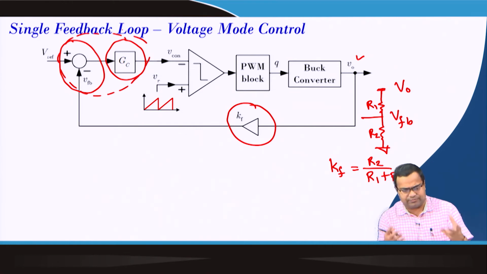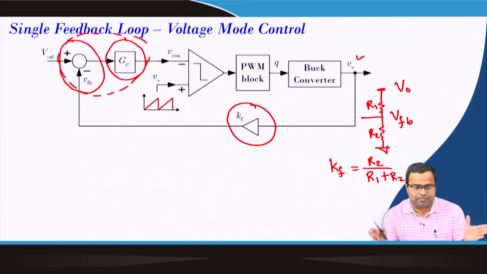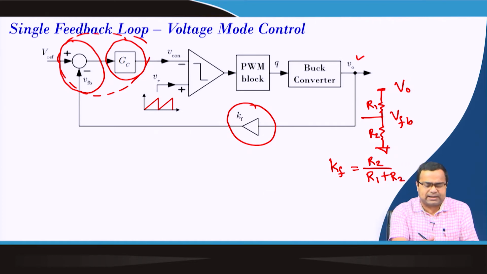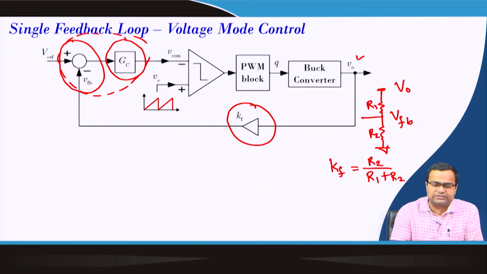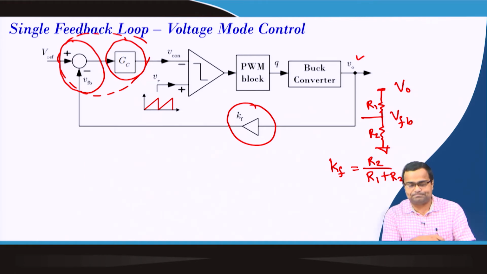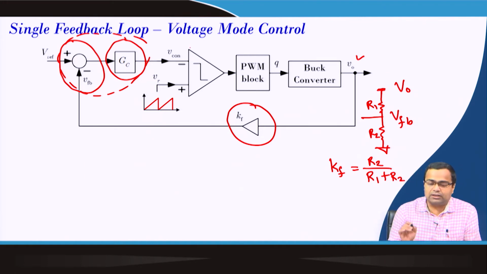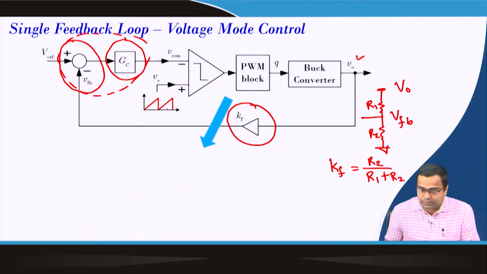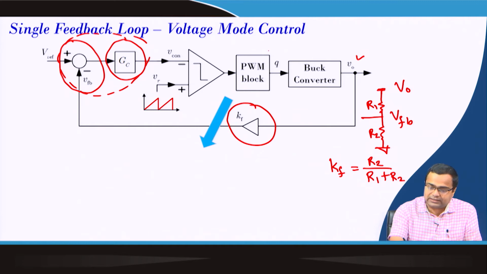Okay, or for the sake of simplicity you can use multiple op amps, one for the error amplifier and a few more for, let us say, a PID controller. But in a general practical circuit like a type 2 or type 3 compensator, one op amp should be sufficient, and then it goes to the comparator and there is a sawtooth waveform. Now, this PWM block, in fixed frequency, we have already discussed.